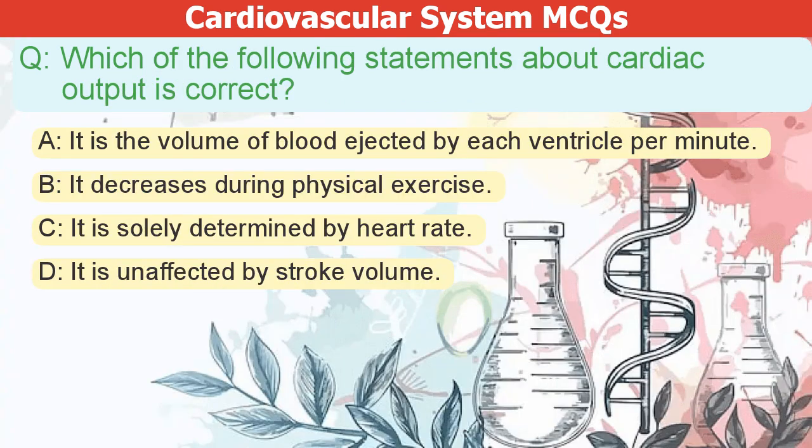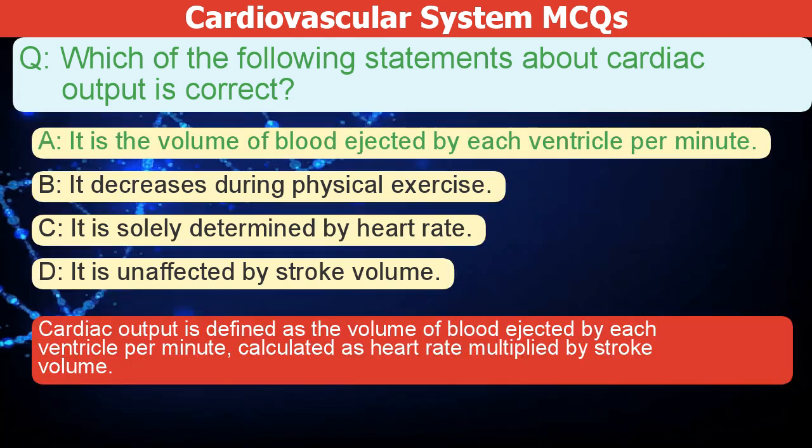Which of the following statements about cardiac output is correct? A. It is the volume of blood ejected by each ventricle. B. It decreases during physical exercise. C. It is solely determined by heart rate. D. It is unaffected by stroke volume. The correct answer is A. Cardiac output is defined as the volume of blood ejected by each ventricle, calculated as heart rate multiplied by stroke